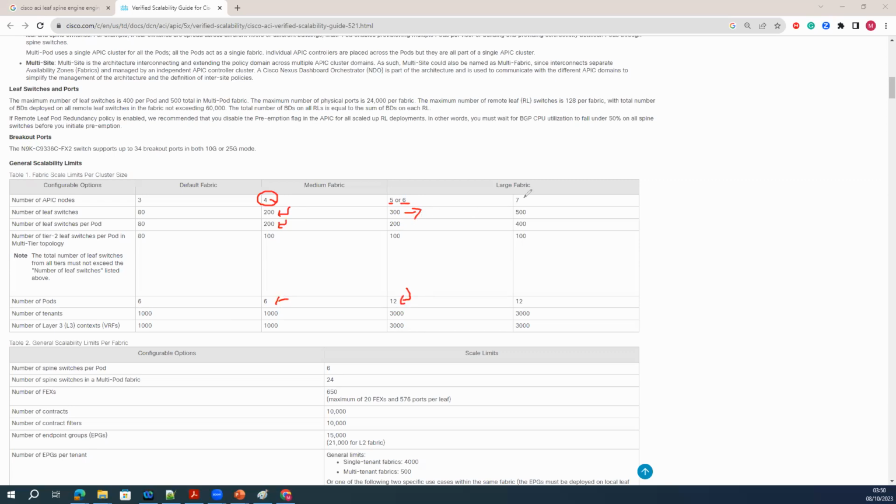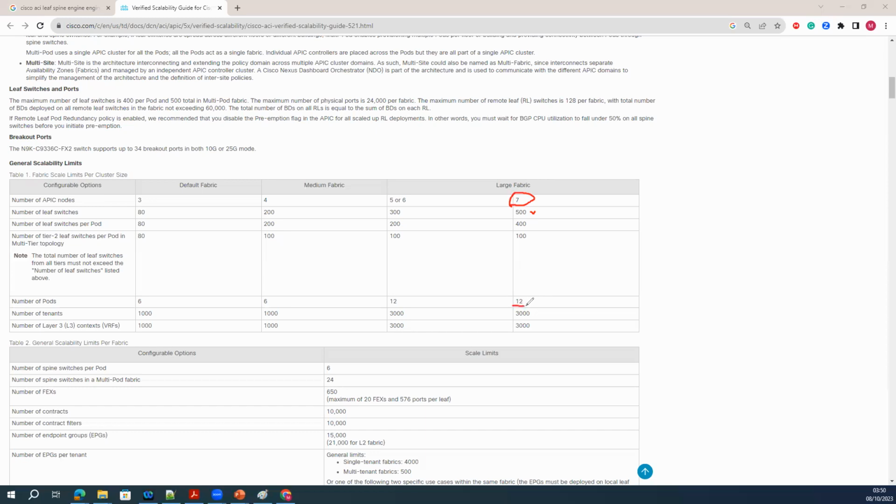If you're having 7 APIC nodes, you can have 500. So maximum how many leaf and spine can you deploy? 500. And to deploy 500, you need to have the 7 APIC node cluster.